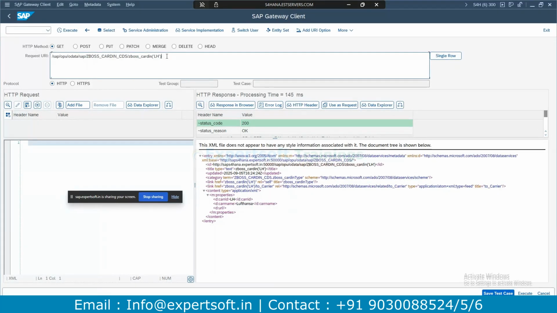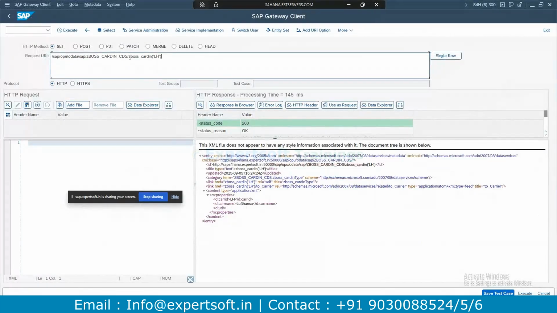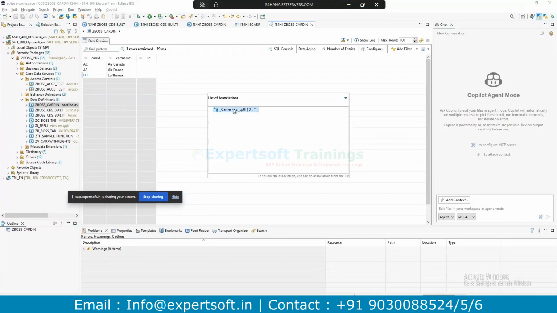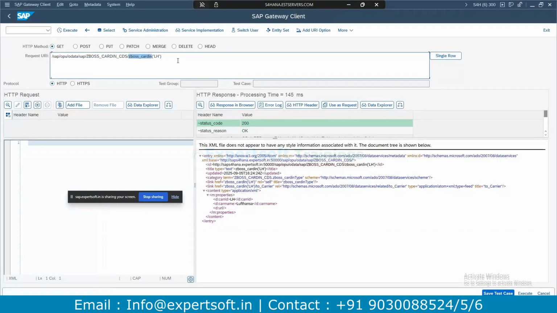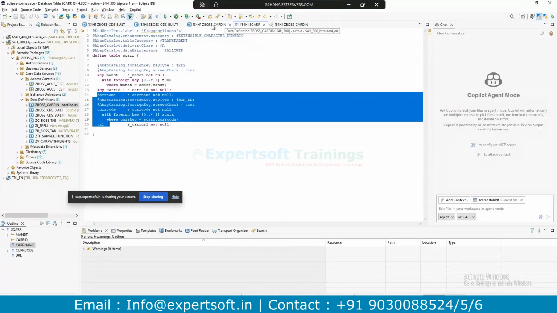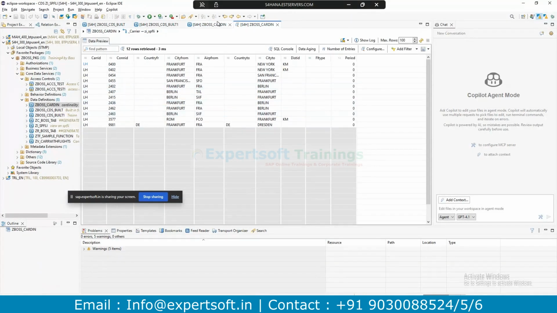So now I wanted to associate. Similarly, let me show you in the Eclipse. The tracing of the Z boss cardinality, that's the main CDS view being executed. And if you want to follow the association in the Eclipse, I do follow by association, cardinality, clicking on cardinality. Similarly, I'm doing it in the OData. The purpose is, in the CDS view, even in the Eclipse, even if you write cardinality as 0 to 1, it will show you the 0 to star. Okay.